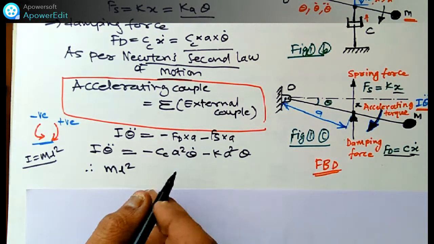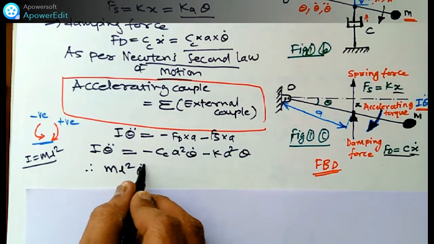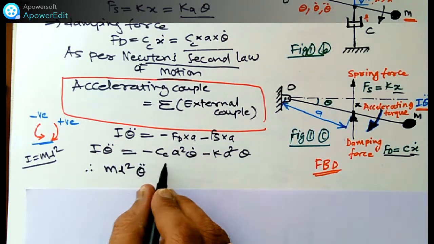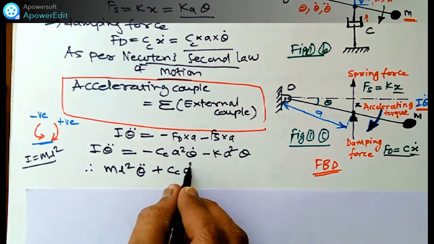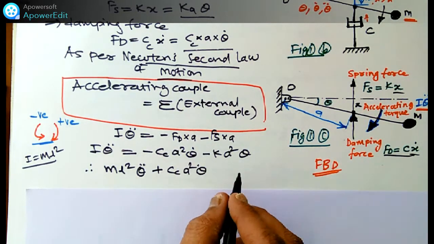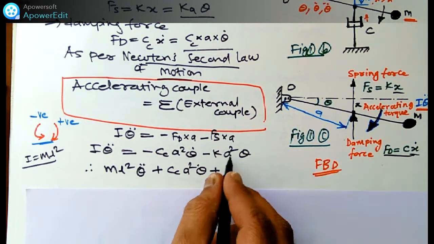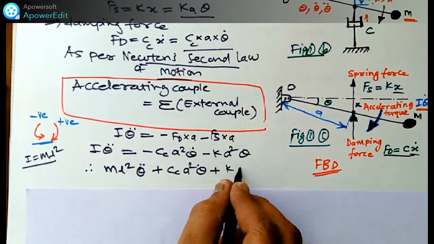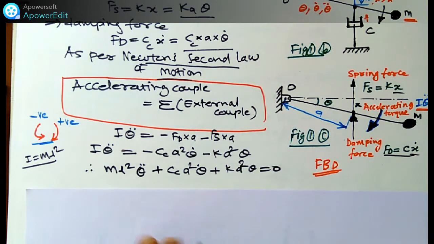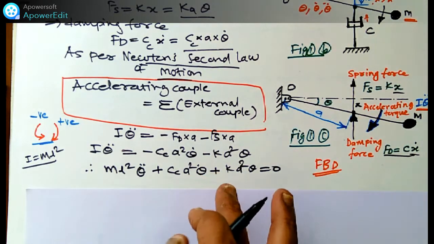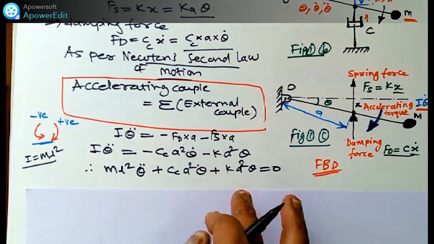This will take it on this side plus Cc a square theta dot, plus this will take on this side Ka square into theta, which is equal to 0. So this is the differential equation of this motion for the given system, which is comparing with